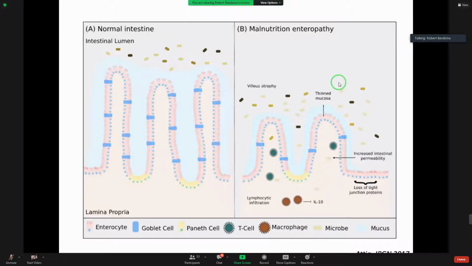That can lead to translocation not only of the bacteria themselves, but also of some of the bacterial products, for example, endotoxins, and that can then lead to systemic inflammation or even overt systemic infection, and even sepsis. So some of the increased mortality in children who are malnourished is thought to be related to that increased permeability of the intestinal barrier to pathogens and microbes.